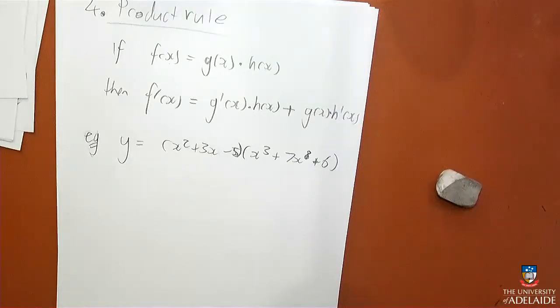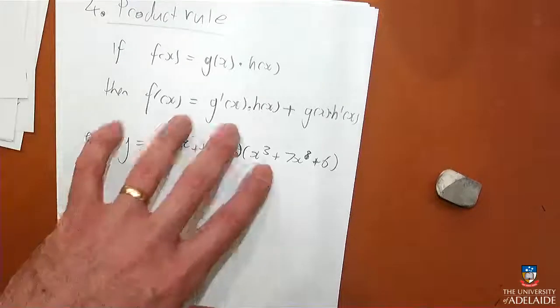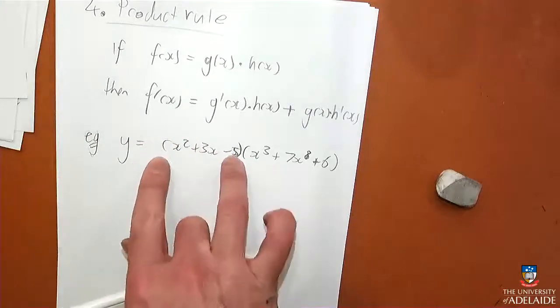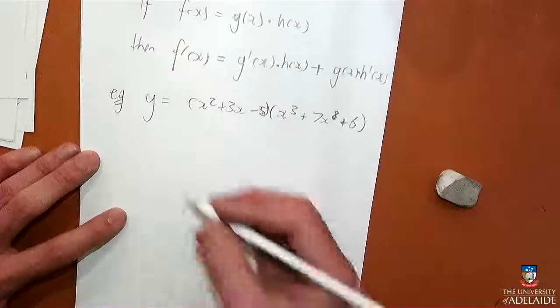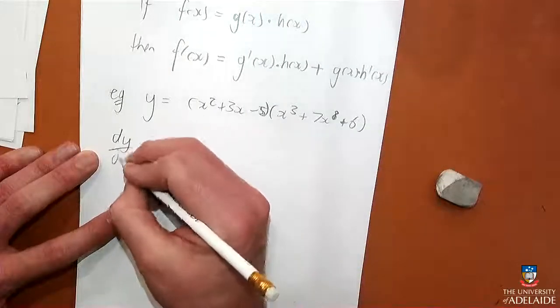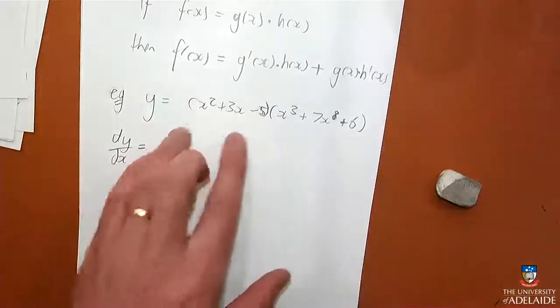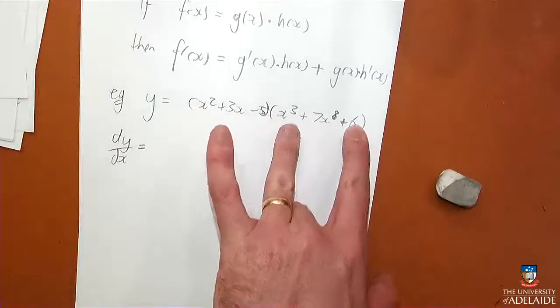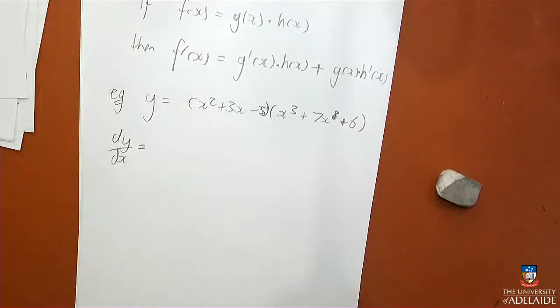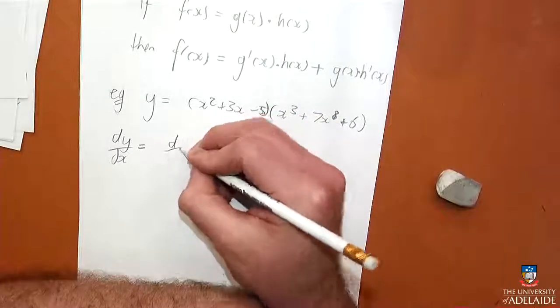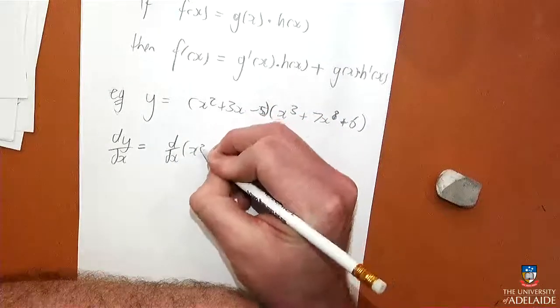But another way of doing it is to avoid expanding it out and do the derivatives separately the way the product rule works. You can't just do one derivative and the other derivative and multiply them. We're going to have to do this funky combination here. So I'm going to need to do the derivative of this and keep this, and then I'm going to have to keep this and do the derivative of this, and I'm going to have to add the answers together. And for the purposes of making this a little easier to write down, I'm going to use that d on dx notation. I'm going to do the derivative of this,